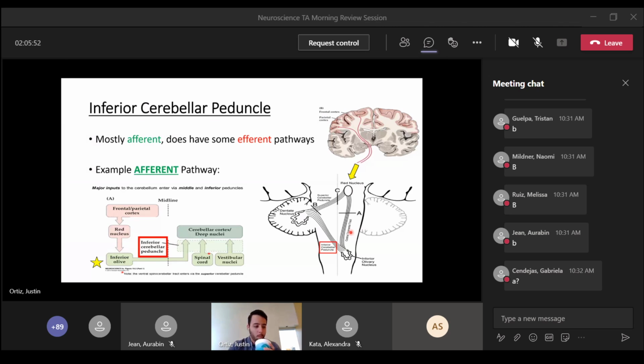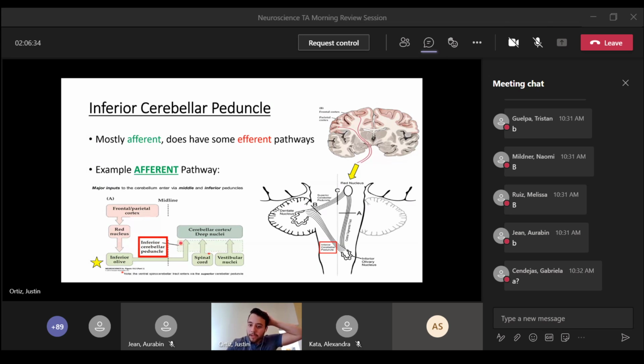Okay, so we have our inferior cerebellar peduncle. These are a little bit different. The inferior is mostly afferent, but does have some efferent. Here's an example of an afferent pathway. I'm thinking, I want to move my right arm this far to grab my cup of coffee. That sends a signal down to the red nucleus. The red nucleus sends a signal down to the inferior olive. The inferior olive sends a signal to the deep cerebellar nuclei via the inferior cerebellar peduncle. The way I remember it is that the inferior olive goes through the inferior cerebellar